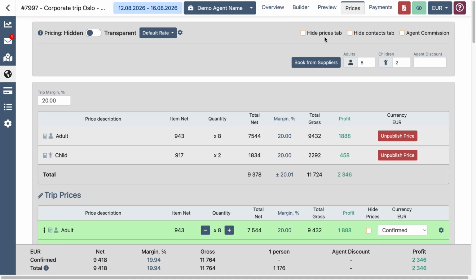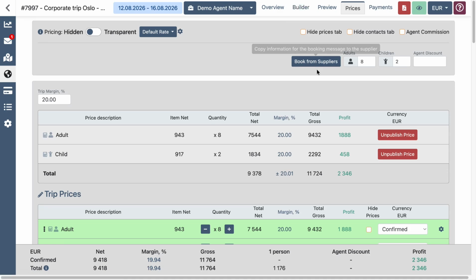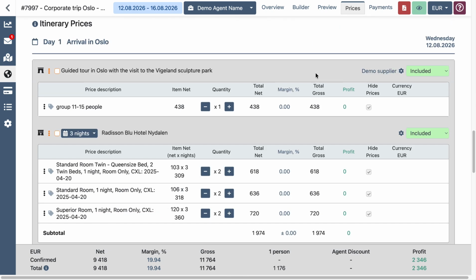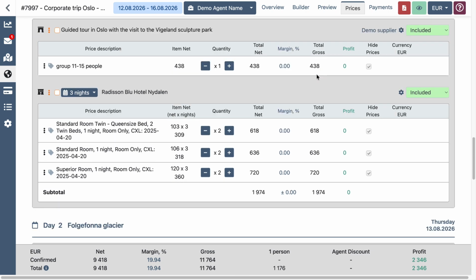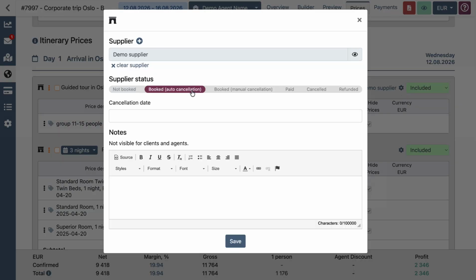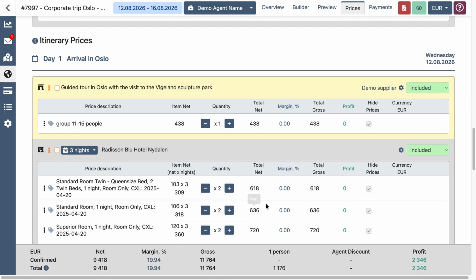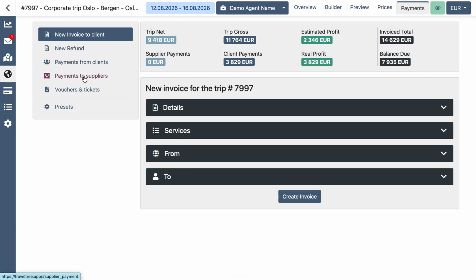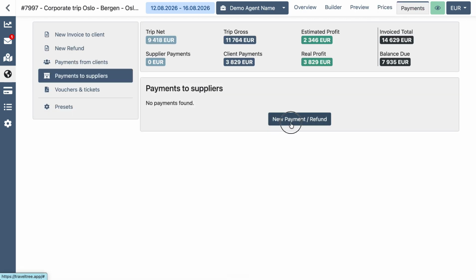Let me show you how to work with supplier payments. To record a payment to a supplier, first a service needs to have the status booked. For example, let's take this element. When the status is booked with auto cancellation or booked with manual cancellation, and the color of the block is yellow, then when we go to the payments page and go to payments to suppliers, we can